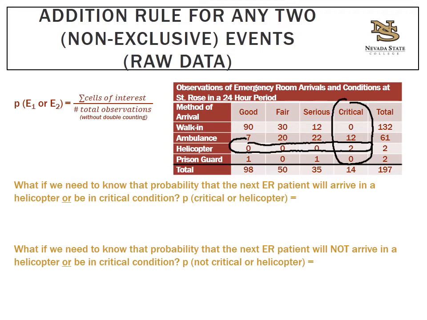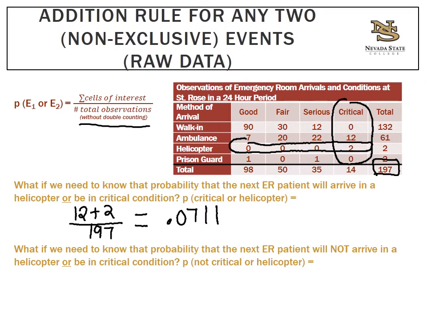So if we add all these together, I'm going to ignore the zeros. We've got 12 plus 2 divided by the total number of observations, right, 197. And we end up with 0.0711, or a 7.11% chance that the next patient will arrive in a helicopter or be in critical condition based